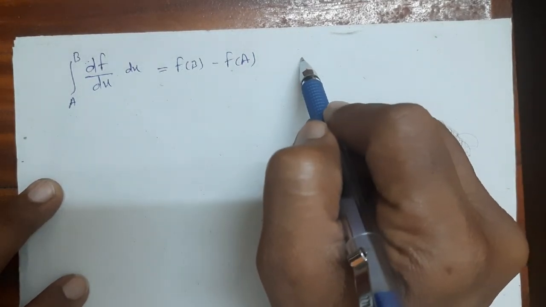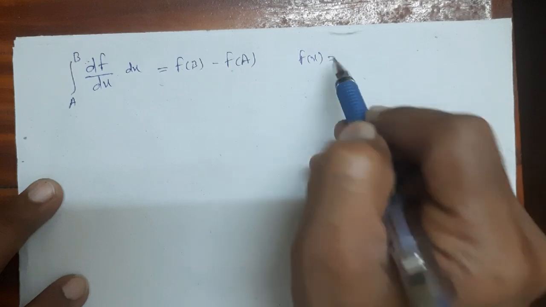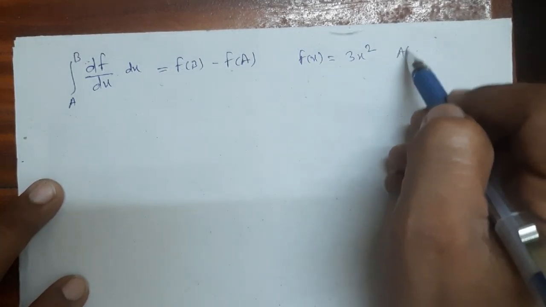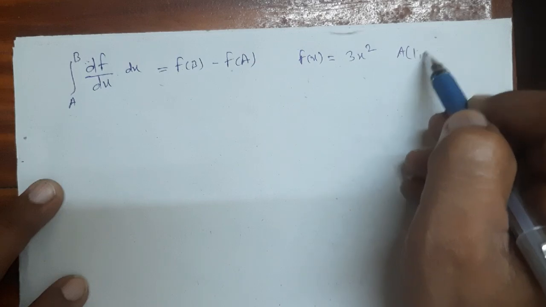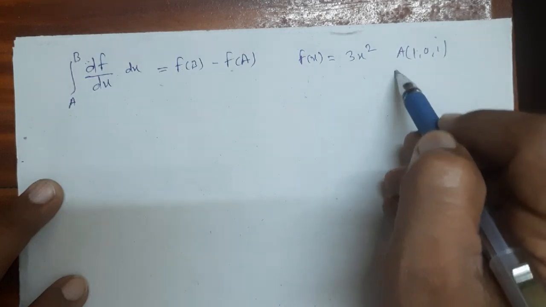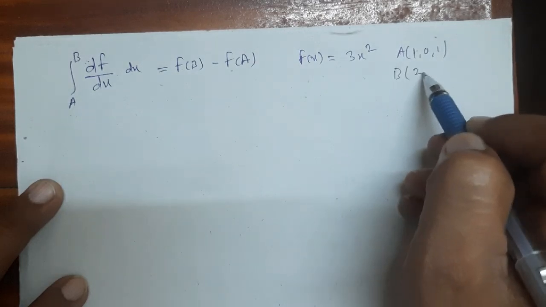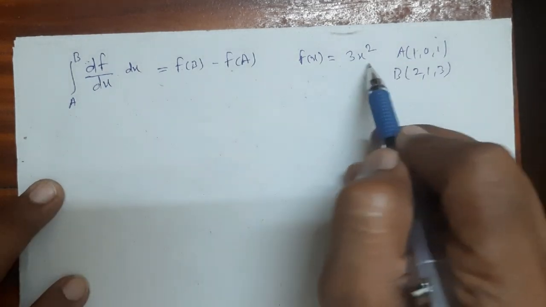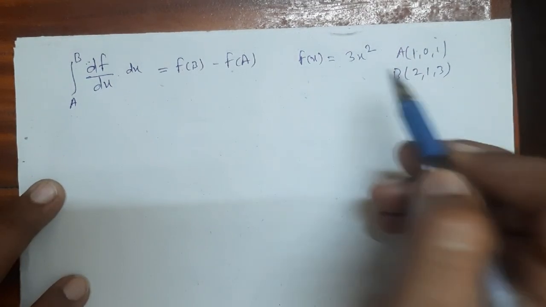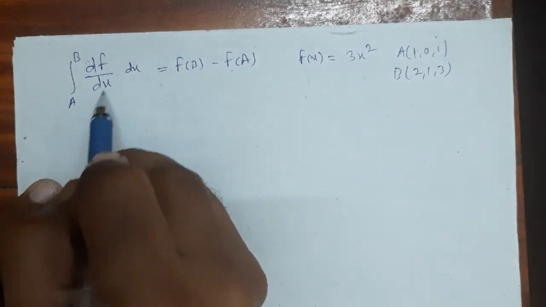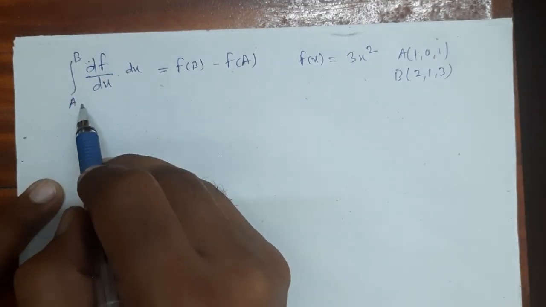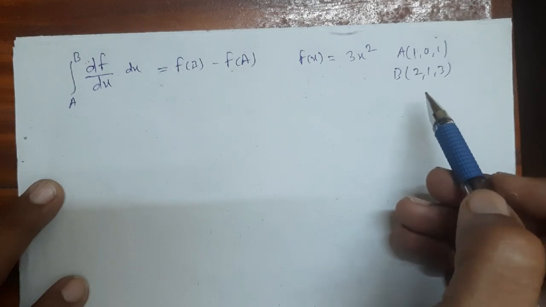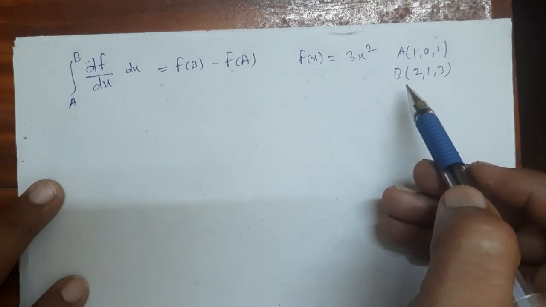Now with some function, say for example f of x is equal to 3x squared, and the point a to be equal to 1 0 1 and b to be equal to say 2 1 3. You can check this. What you will have to do? You will have to find the derivative of this. Then again see, this is the derivative, then you will have to integrate this. This will be the left hand side,